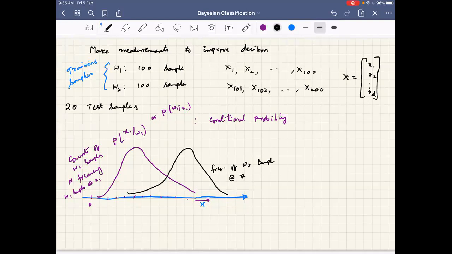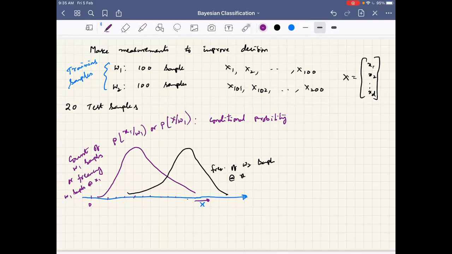Fine. So now tell me, which one should I use? P of x1 given omega 1, or P of omega 1 given x1, which is correct? P of x1 given omega 1. Yeah, why? Because based on knowing which samples I'm using, I'm trying to find how a particular feature is distributed in those. Very good. Correct. So given that they belong to omega 1, how are they distributed? That's what I'm trying to see.